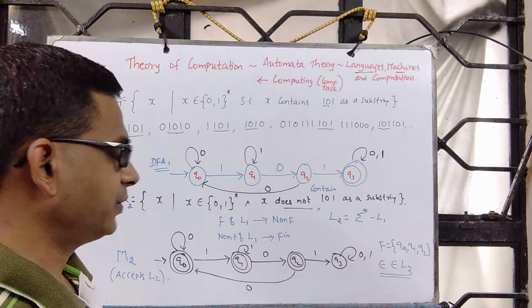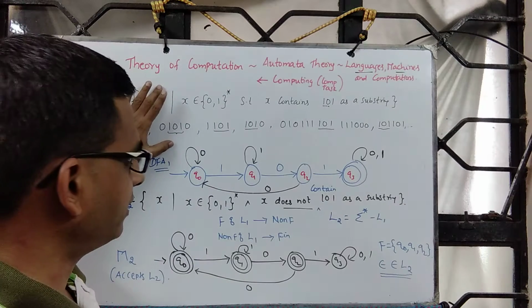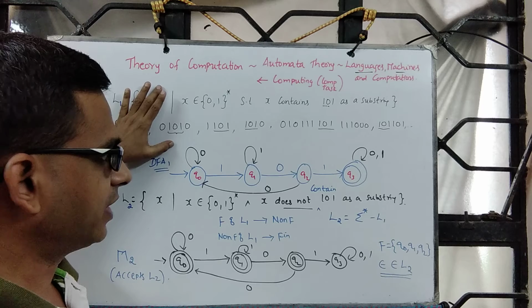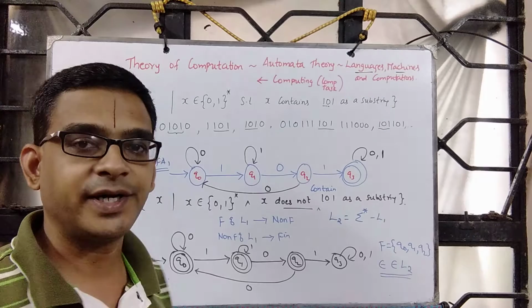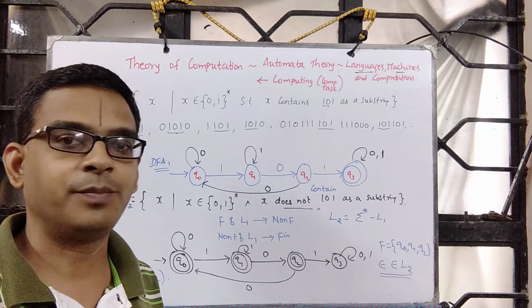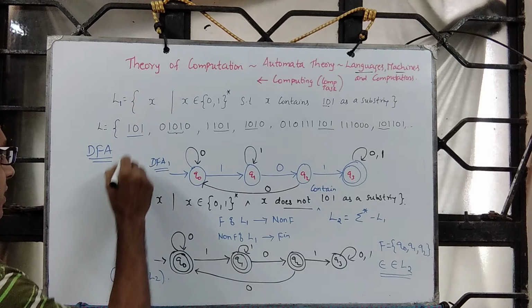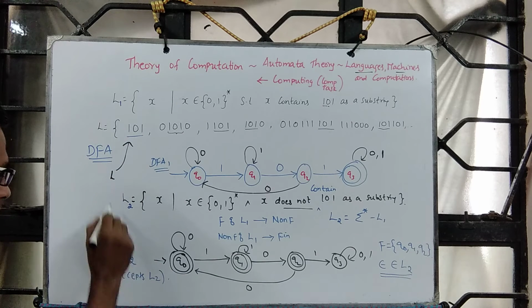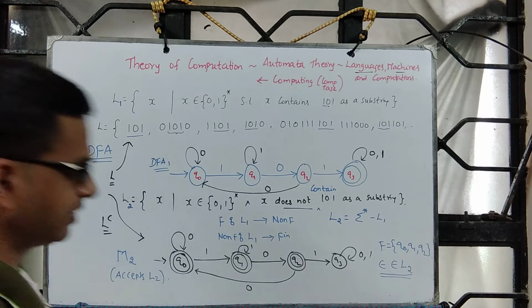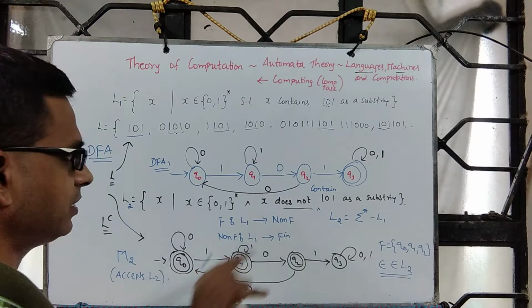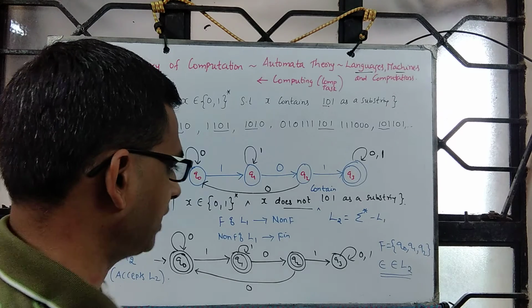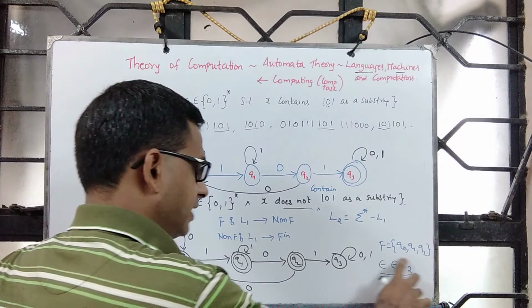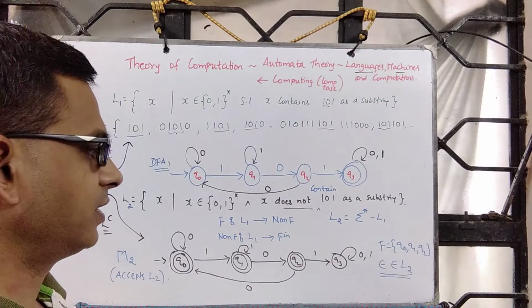And so this tells you that if you can construct a deterministic finite automaton for the language L, one can also construct the deterministic finite automaton for the language L complement. So if you treat this as L, then this one is L complement. If L exists, then L complement exists, and vice versa. If L complement exists, then L exists. This is another example of a finite automaton where the number of final states is more than one, so it is a set of states.